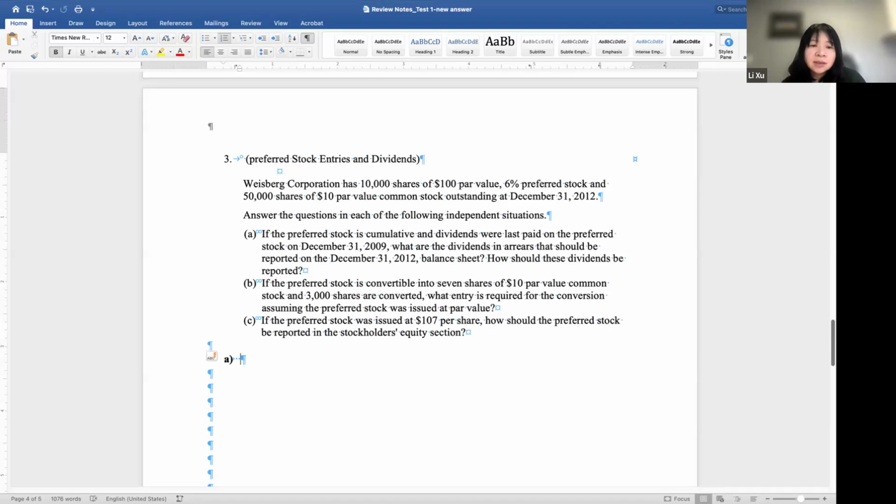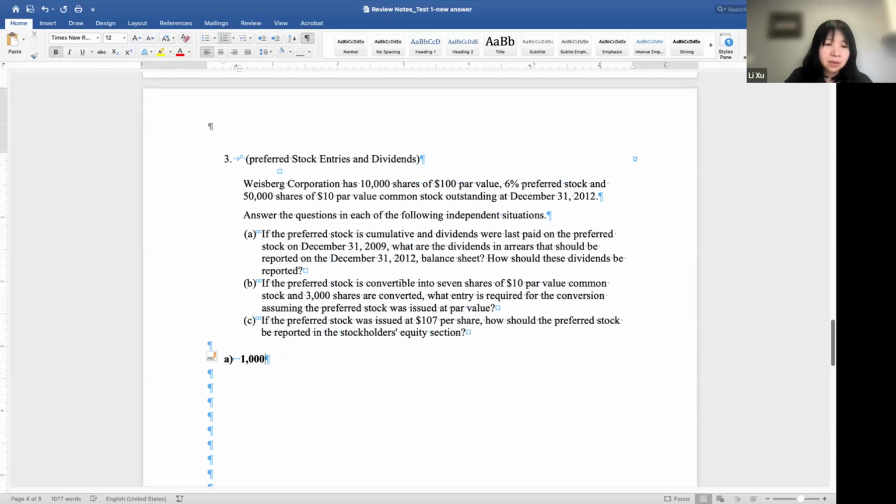If the preferred stock dividends are cumulative, and dividends were last paid on the preferred stock in 2009, what are the dividends in arrears, which should be reported even though they didn't pay? One of the questions is, how do you calculate the preferred stock dividends? You take the total amount, which is the face value,